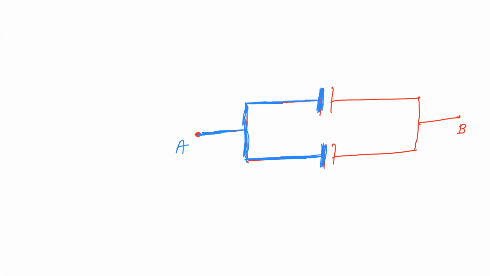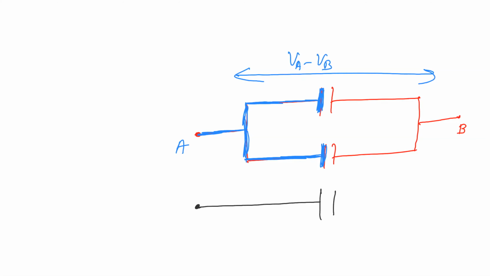And similarly, the entire red is having one potential. So we can say on this side also, if someone is asking what is the potential difference between here and here, it is VA minus VB, right? On the other side also it is VA minus VB, right? Now, once we are going for equivalent capacitance, instead of two, C1 and C2, we should use a single one, that is C equivalent.